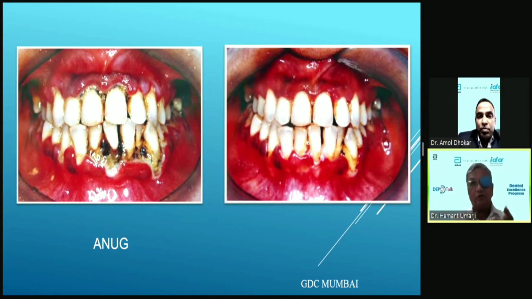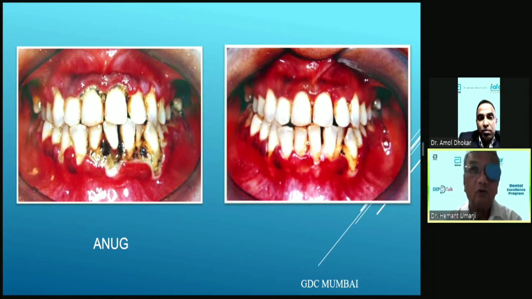You can just write hydrogen peroxide mouthwash IP. IP means Indian Pharmacopoeia, so that you will get good quality. Or you write Amosan or Piosan mouthwash, which contains perborate, which releases hydrogen peroxide. Why hydrogen peroxide? Because ANUG is caused by Borrelia vincentii and Fusiformis dentium. These are anaerobic organisms. They don't survive in the presence of oxygen, and therefore if you give H2O2 mouthwash, they will be killed. So that is why you give H2O2 mouthwash.